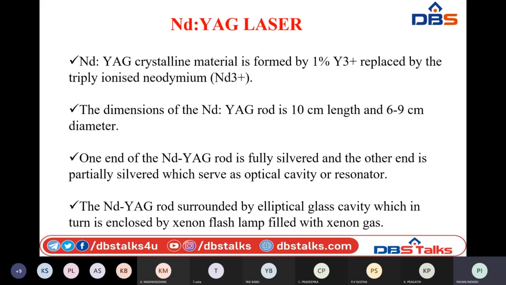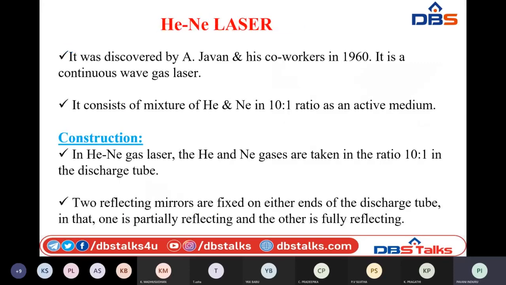Here also we are going to get only a pulsed beam, not a continuous beam. So in order to get a continuous beam of light, the process of pumping and stimulated emission must not stop. They have to take place all the time. In order to create a continuous beam of light, this must happen continuously.